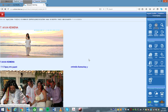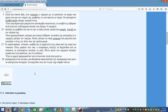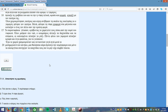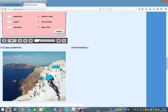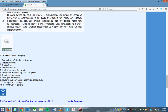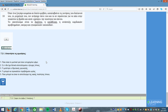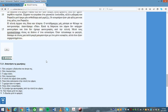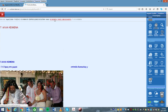One of the main features of this material is that it has many texts, more texts than 1 or 2, so that the students can meet the same vocabulary in different texts. Here is one text, here is another text. They can listen and answer questions. More text is to be found in the companion book of the same